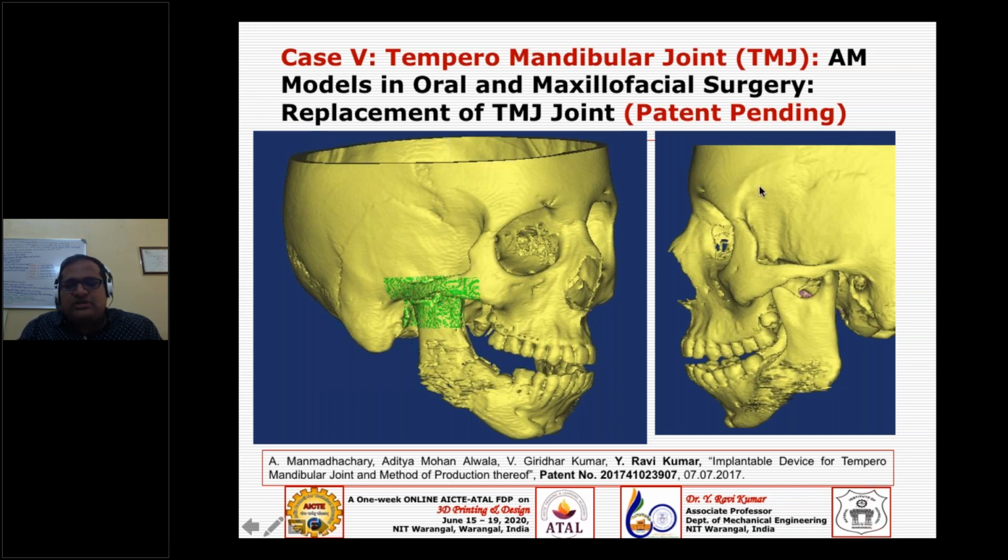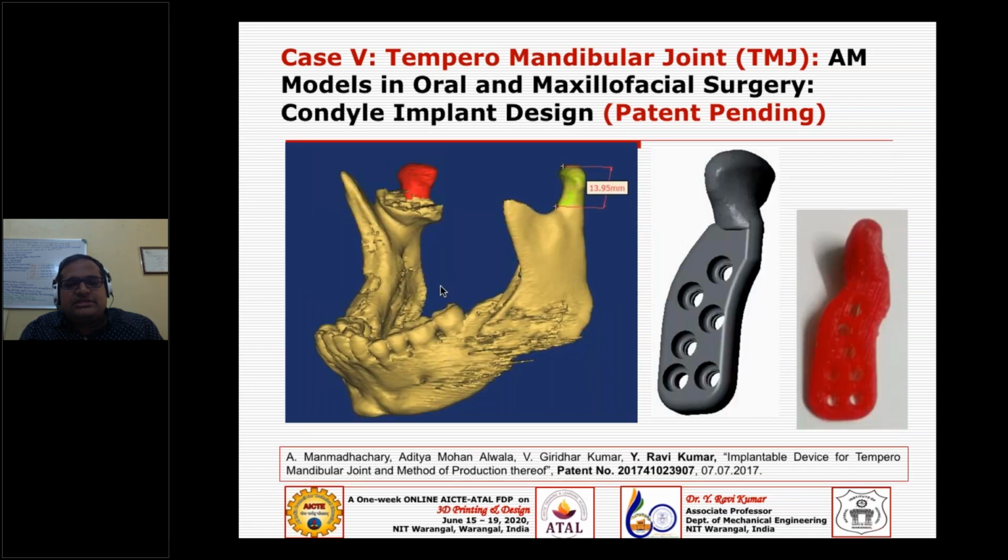So we have taken the other side and exactly reproduced that dimension, that geometry, from the survived part to the diseased part. Exactly taking the dimensions, form and geometry, everything, and then transferring it to this direction, the other condyle portion, from the survived to the diseased one.